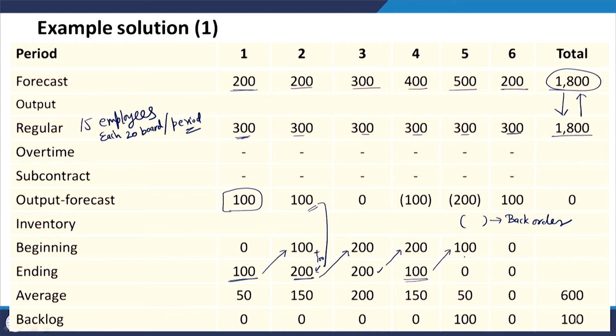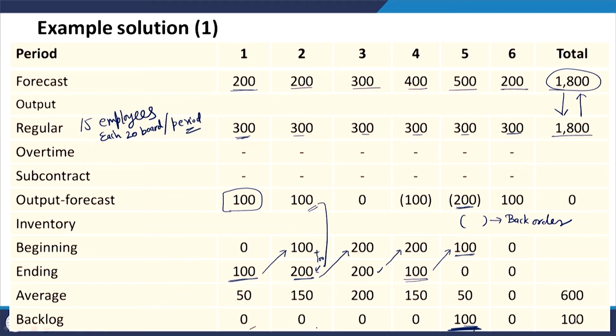Now, in the next period, you have 200 units as the additional demand, and 100 units are available to you to fulfill the demand of additional units. So, even if you have some beginning inventory, you will not be able to fulfill the entire additional demand. So, finally, you will end up with a backlog of 100 units. You will create a backlog of 100 units, because out of this 100 you will fulfill the demand of 100 units which are extra required, but still 100 units cannot be fulfilled. So, they will go to the backlog.